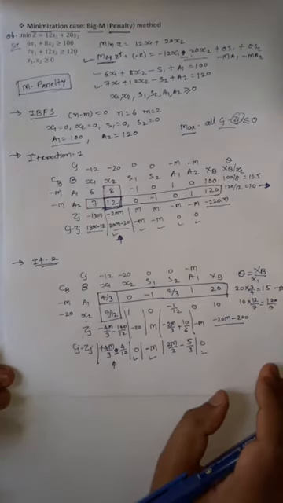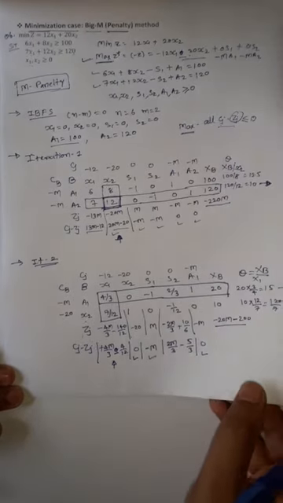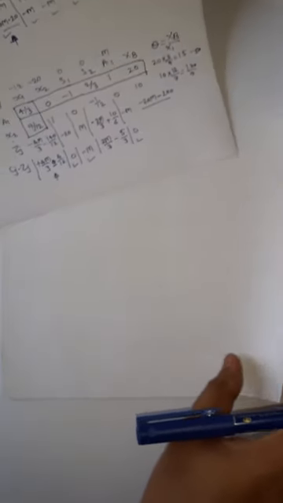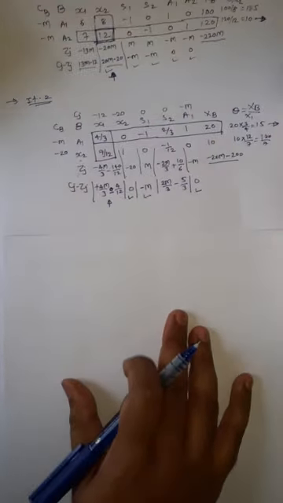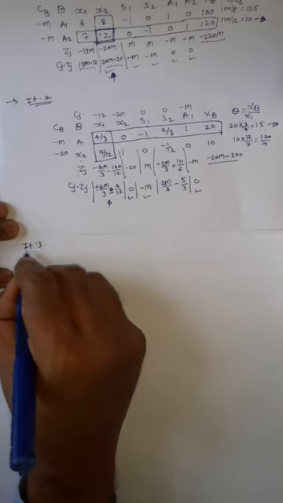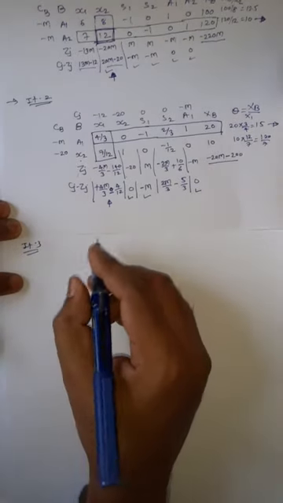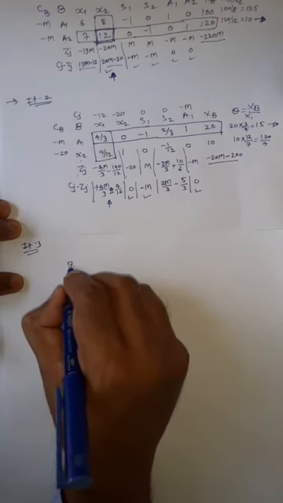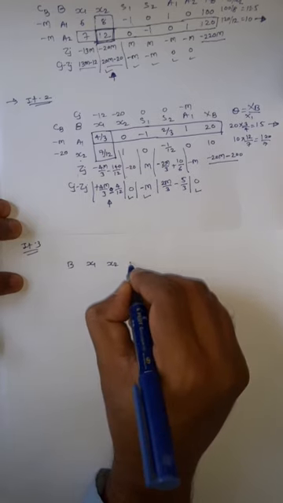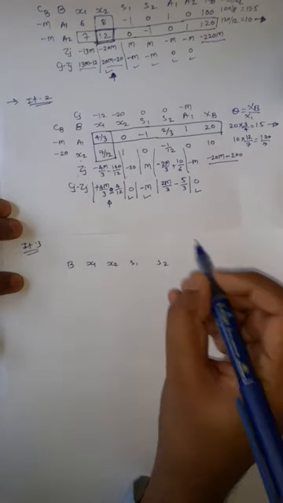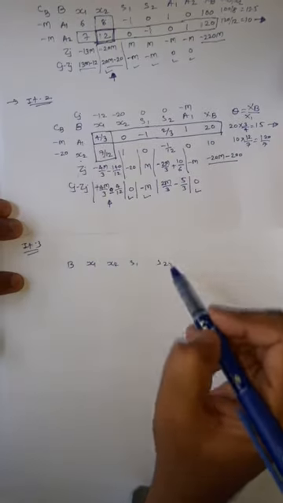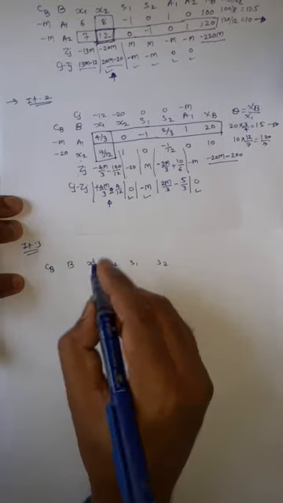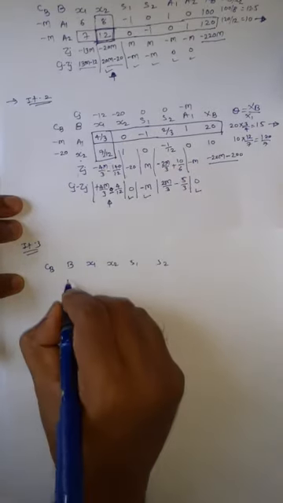So after getting the key column and key row, let's move on to the next iteration, considering this value. So iteration number 3 here. Let's have a look first, starting with the basic variable: x1, x2, s1, s2, and a1 is removed, so no need to write a1 here. Then the coefficient of basic variable in the objective function, and instead of a1 here, x1 will be the answer.